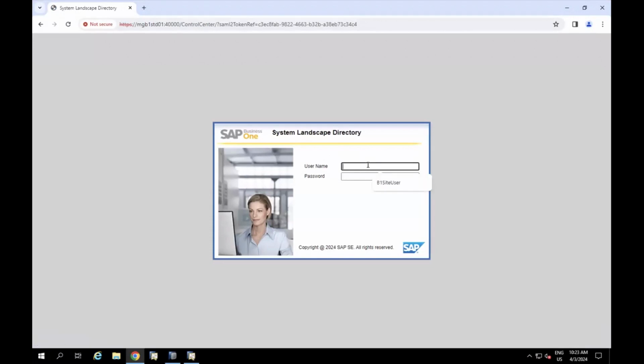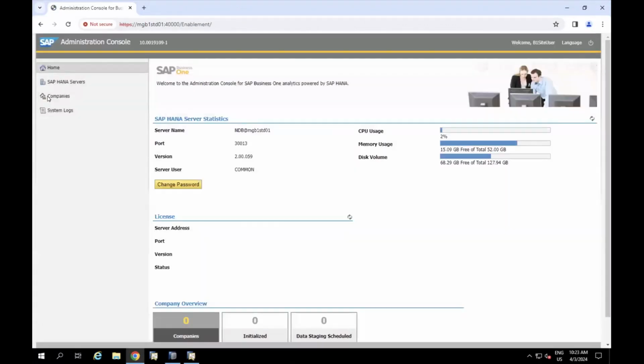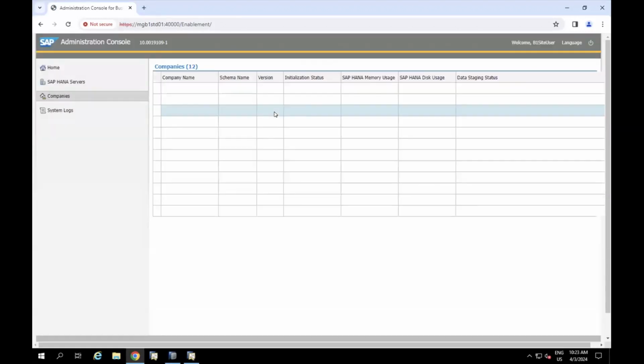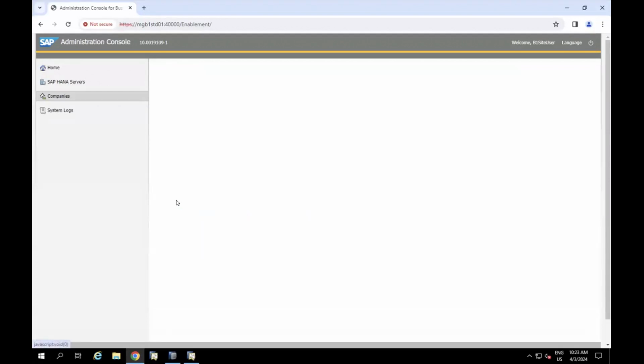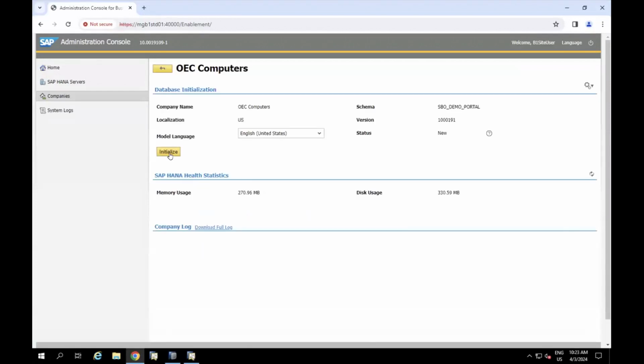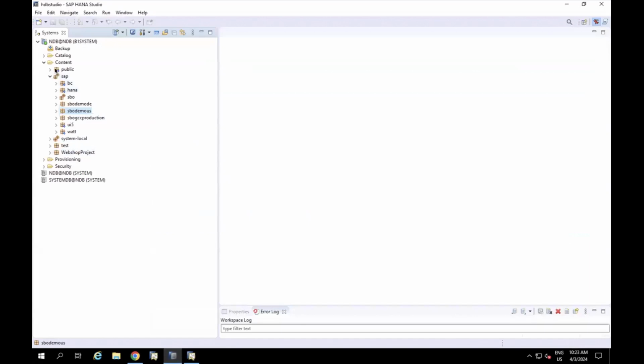So we need to log in to the enablement. Pick the database we want to enable being in memory. So let's take this one here, for example, and initialize this database. At this moment, all the row store tables and column store tables I indicated in the HANA Studio